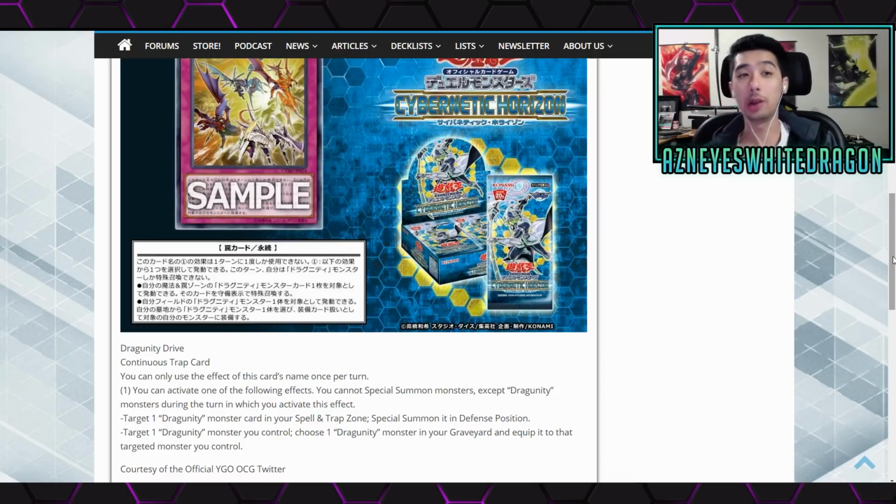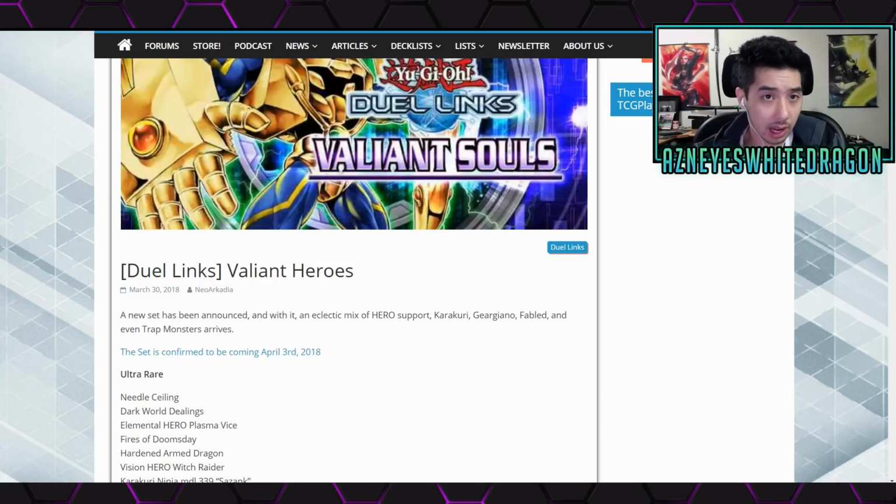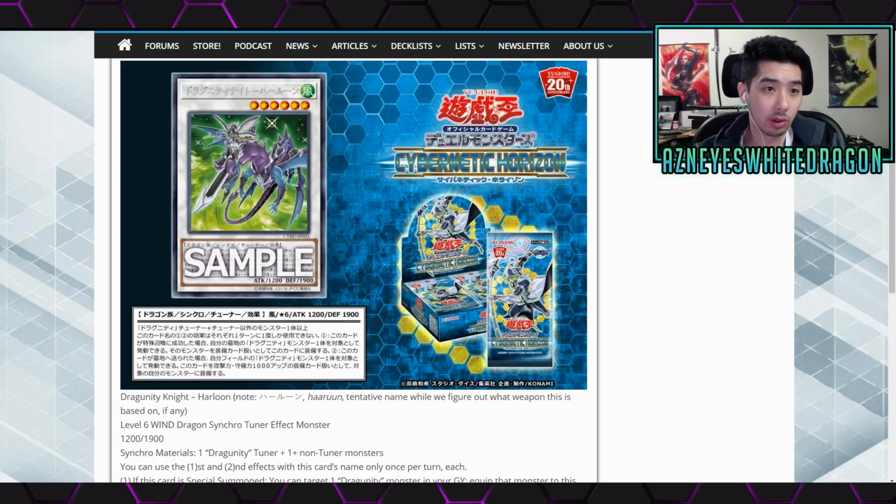That's pretty nice. That'll actually work well with, of course, the new Dragunity, what is it? Dragunity Knight Harlan. You just start equipping stuff to it. And then also you can equip... does it say like a... Oops, hold on. It says target 1 Dragunity monster you control, choose 1 in your graveyard. Yeah, it doesn't say it has to be a certain level because, well, this card...